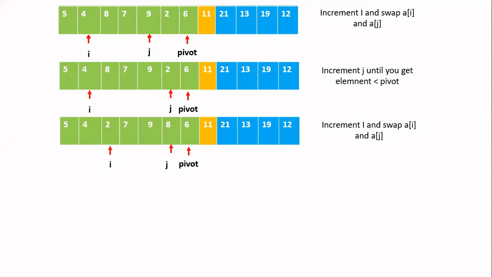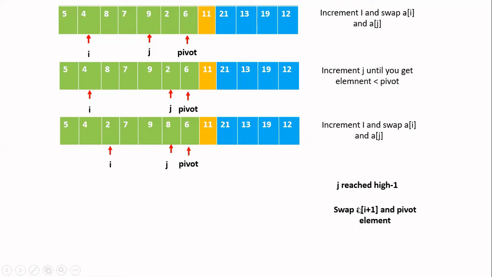When you come outside the loop, you have to do the process of finding the position of the partitioning element. Okay, so now what is the position of the pivot element is, whatever is i, you increment that by 1, that will be the position of the pivot element. Okay, i is now, actually 5 is at 0, so i is now 2. Okay, so now you have to increment i, then that will be the position of the pivot element. Why we are doing this step is, j reached high minus 1. Okay, you should not increment j further.